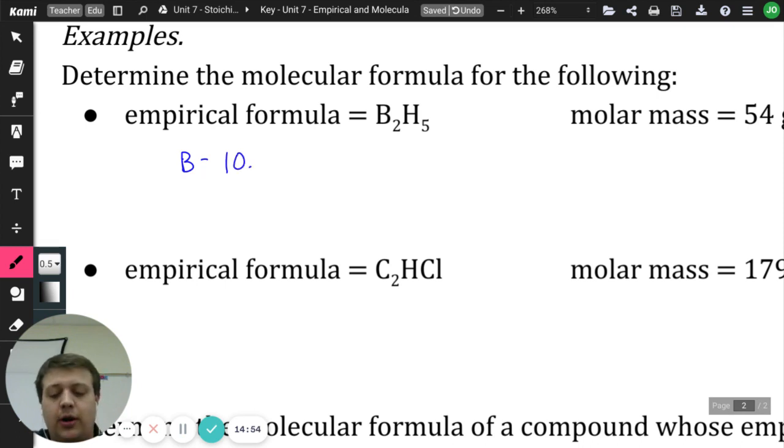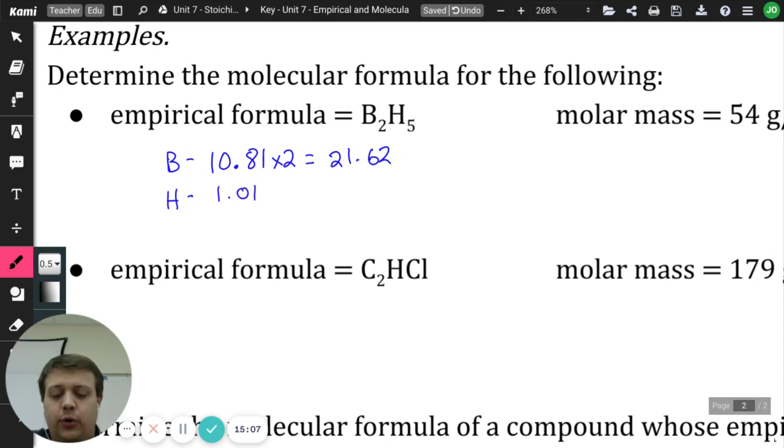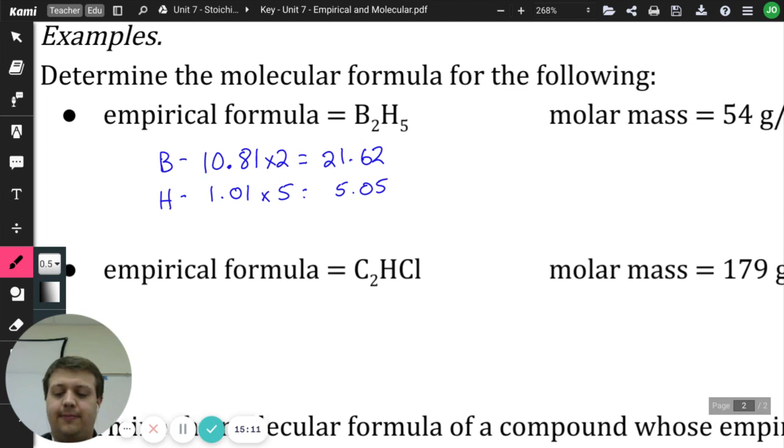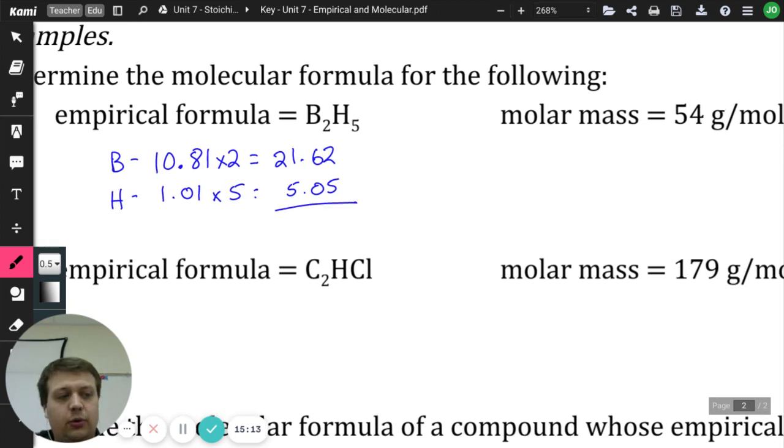The molar mass of boron is 10.81 times the 2 borons I have, which gives me 21.62. Then I do the same thing with hydrogen. Hydrogen has a molar mass of 1.01 times the 5, which gives me 5.05. Add those together, and we get